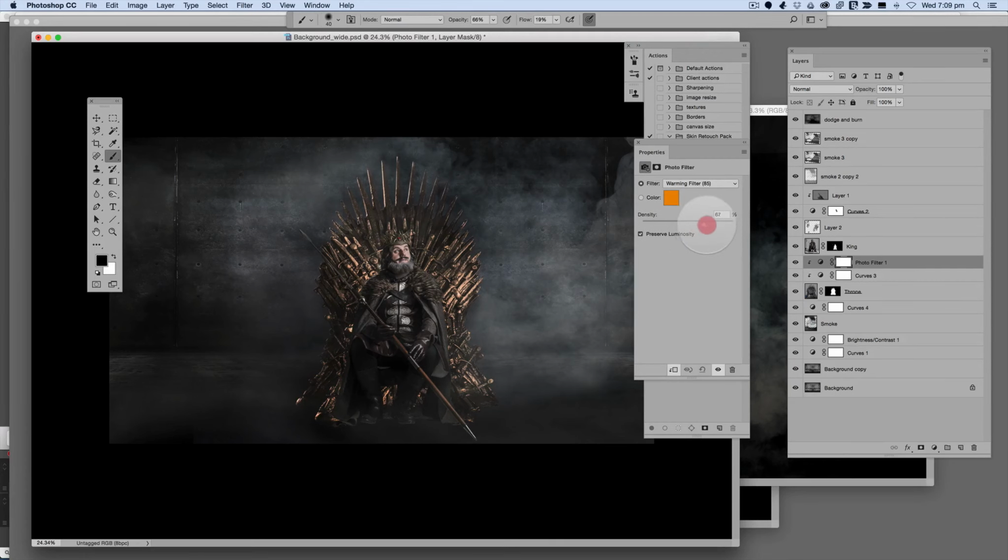And I can increase that, I can make it super gold. And I just want to warm it up, so that's without anything. So I just want to go to about there, so it looks a bit more bronzy rather than the silver that it was. So I think that's looking quite good. So there's before, there's after. So I've warmed it up. You can probably knock it back a little bit there. Before, after, and